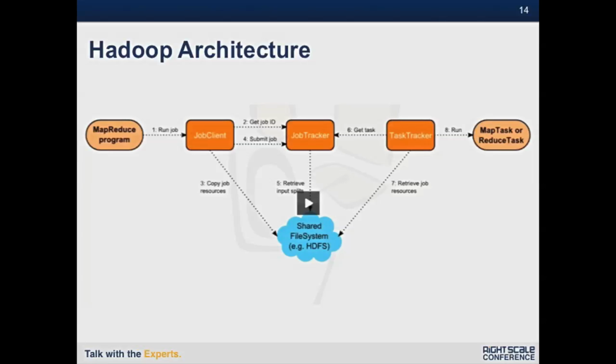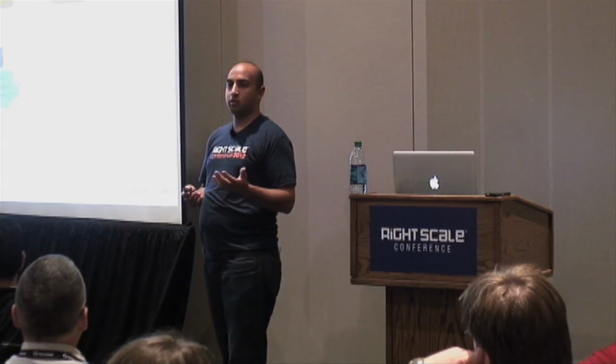And the beauty of this is when we get into how the task tracker interacts with HDFS itself and how that allocation is made, in that it's made with an intelligence of where that data lives, so that we always minimize the amount of moving data from one node to another to make it the highest performing system possible.